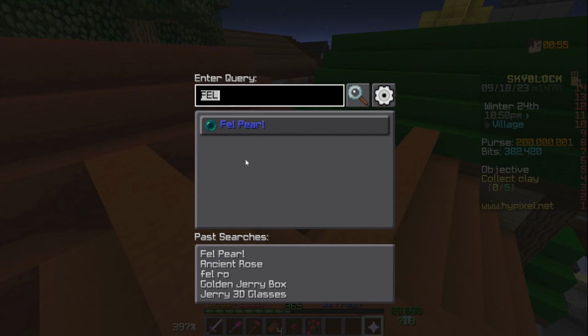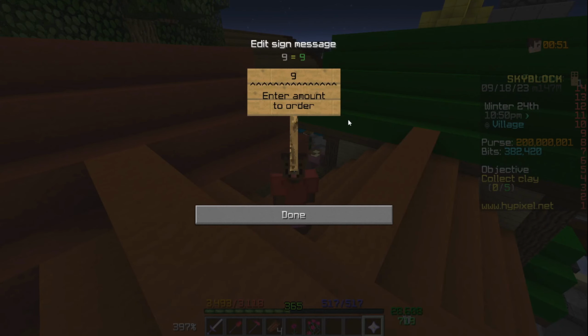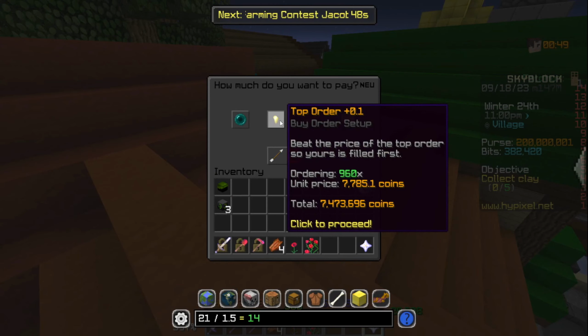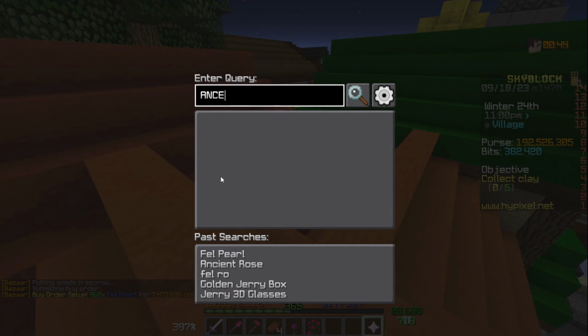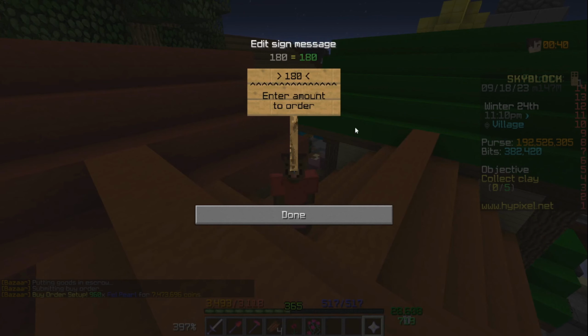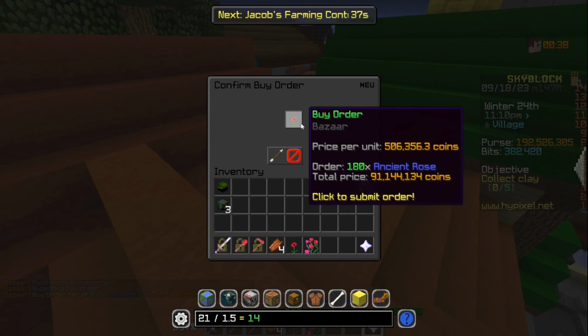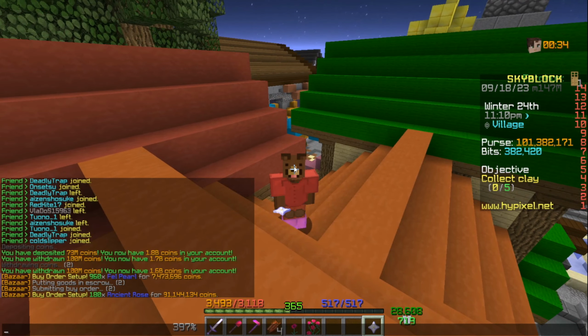But since we saw that it could be potentially making us decent money as well, let me go ahead and make some orders. So we're gonna start out with Fell Barrels, and we're gonna buy 960, which is gonna cost us 7.4 million. Plus on top of that, Ancient Roses, of course, which we're gonna need 180 of. There we go, beautiful. It's costing us 91 million, getting a little bit pricey,